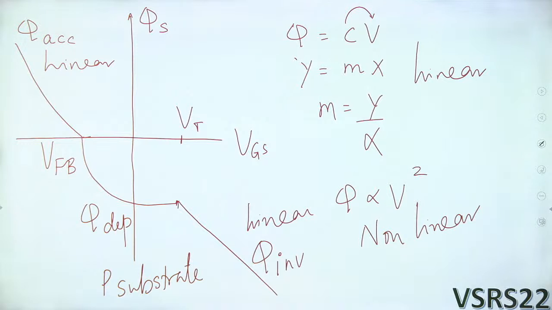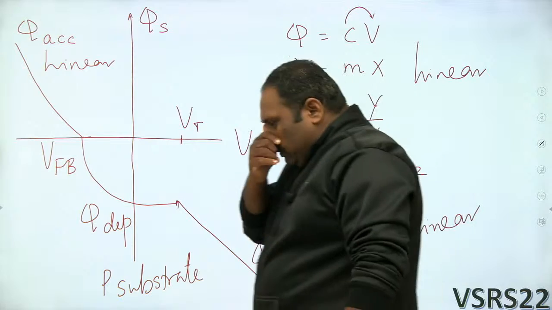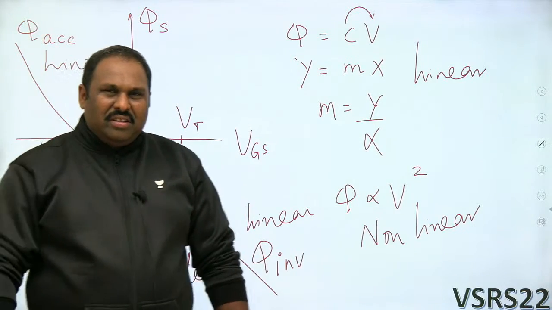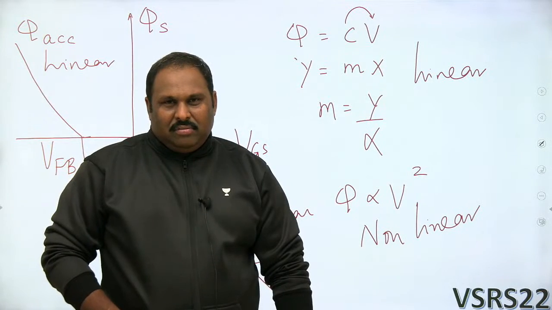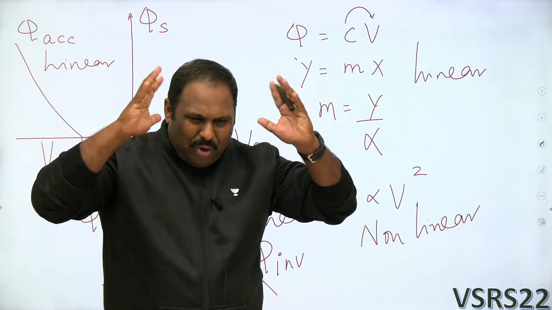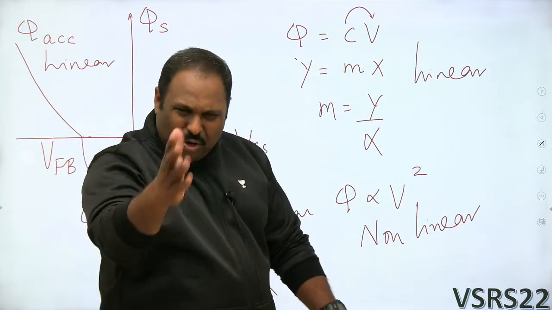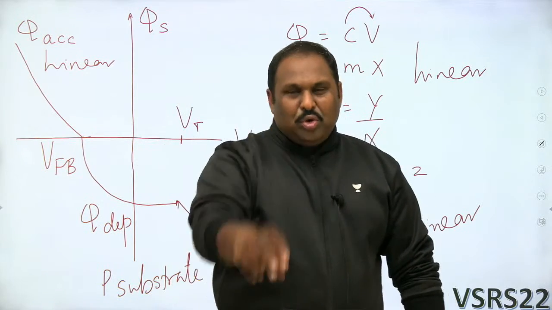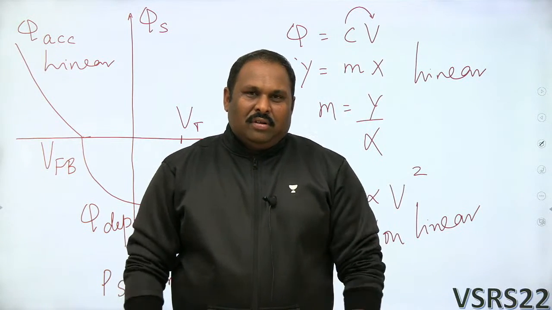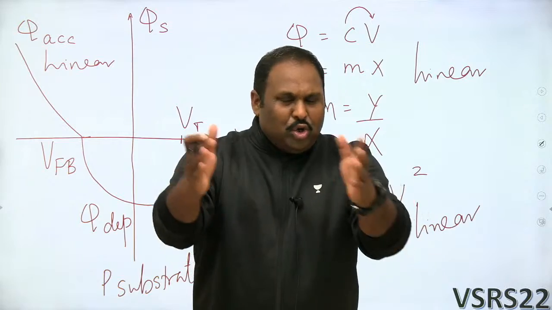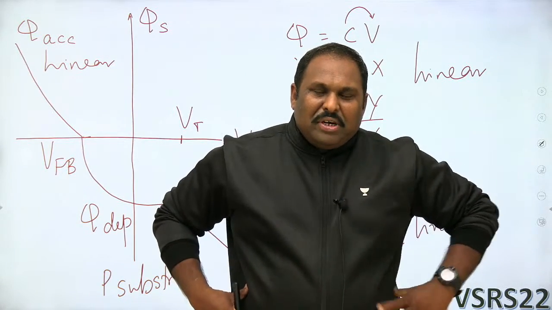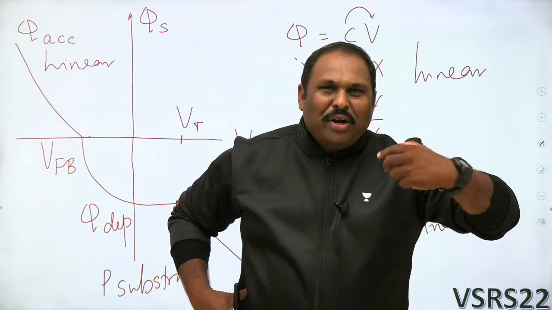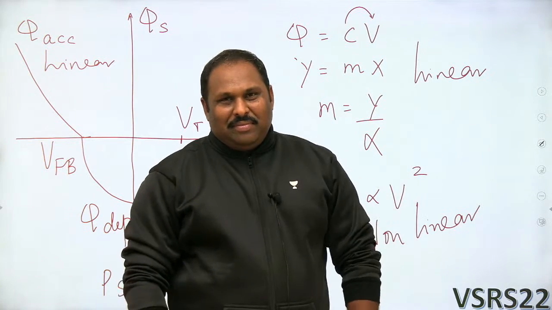If you have cleared this stage, students, you almost cleared 80% of the subject of MOS capacitance. It's not formulas. Formulas I will also give you tomorrow. Only 2 formulas. I'll give you the C equal to Q by V formula. I'll give you the epsilon A by D formula. But you should first of all have clarity on which formula to use and why we are using it.